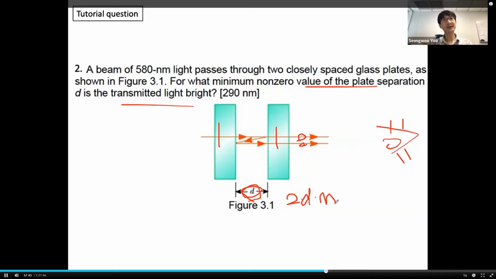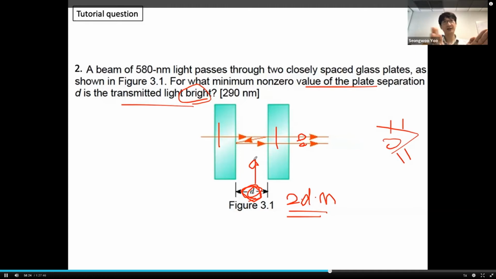My intention here is not to solve this question, but I want to ask you something. Let's assume you set the equation for the bright fringe, because the question asks us to find the bright fringe condition. You will set the equation without a big problem. Now you determine the separation D, all right. What would happen if you increase this D? What do you think? You set this distance for the first bright fringe,